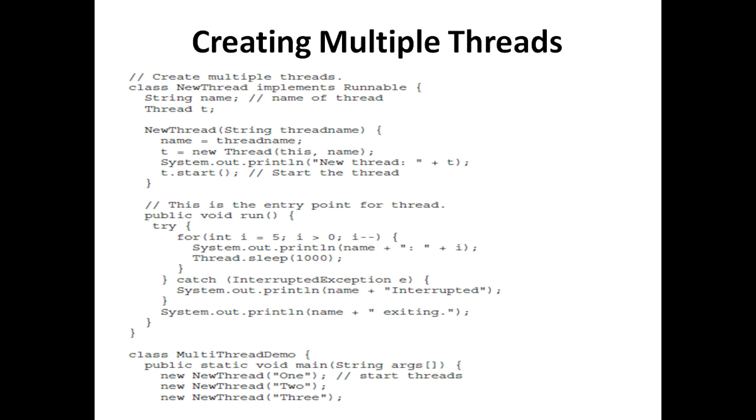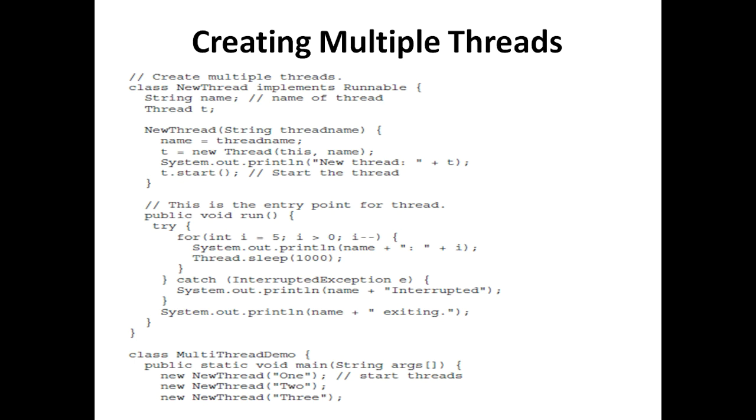Here we have used the first method, that is, class NewThread implements the Runnable interface. Then there are two fields we have taken. One is a String name, another is a Thread t. Here we have used the single parameterized constructor, that is NewThread(String threadName). Thread name is assigned to name, create an object of the thread, then display the information of the thread, then you call the start method. Then as you want to call the start method in the same class, you should provide the body for the run method. So now if you see in the run method, what we have done is displayed the numbers from 5 to 1 again by telling the thread to sleep for 1 second.